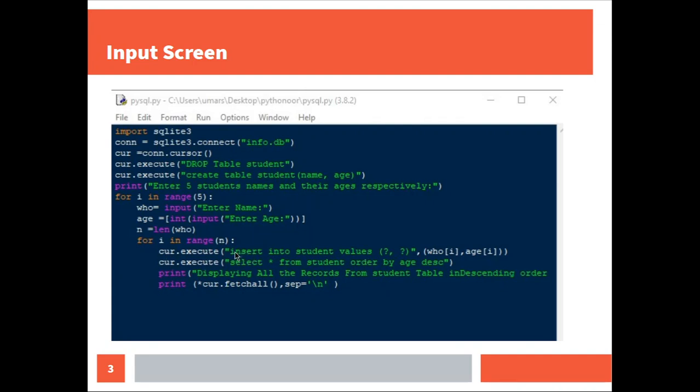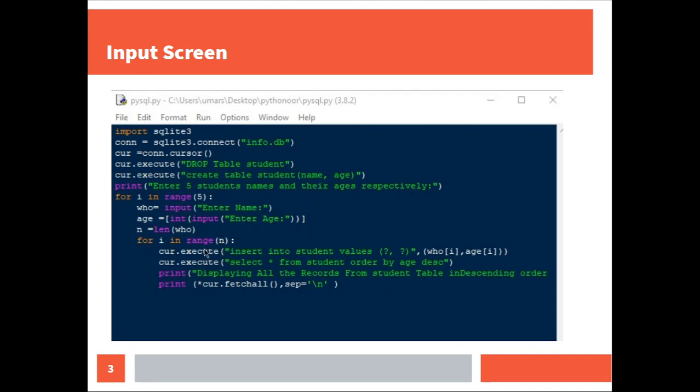What statement? Insert into student values question mark, who of i and age of i. What this statement does is, it will insert into the student table the values. What are the values? The values of name and the age. So this question mark is replaced by a name, and this question mark will be replaced by an age.